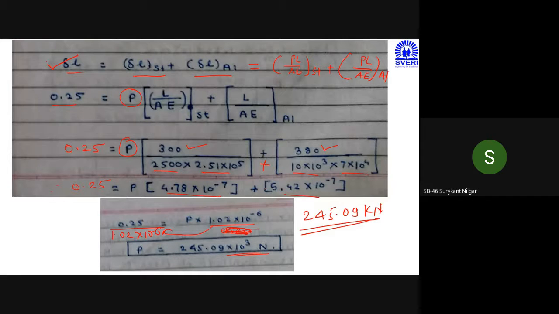Sir, when keeping P constant here and taking 0.25 down, it has to be +6, sir. No. This is the multiply term. Please check. P into 1.02 into 10⁻⁶. Here between P and this particular value there is a multiply sign on the right side. If I take this term to the left side, at the right side it is multiply, therefore if I take it to the left side, it becomes divide. So the sign of that particular 6 will not be changed. Please keep in mind. Yes sir.